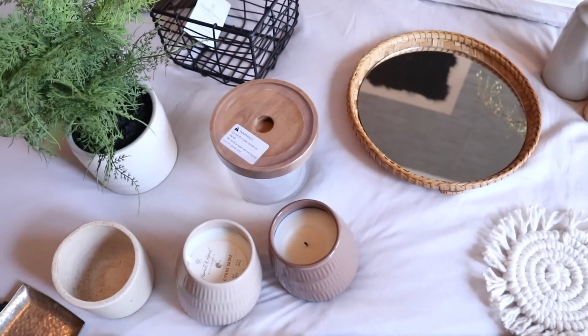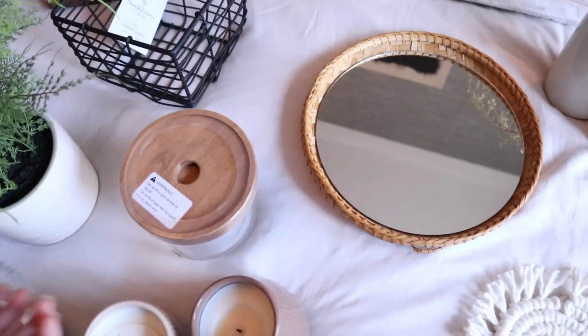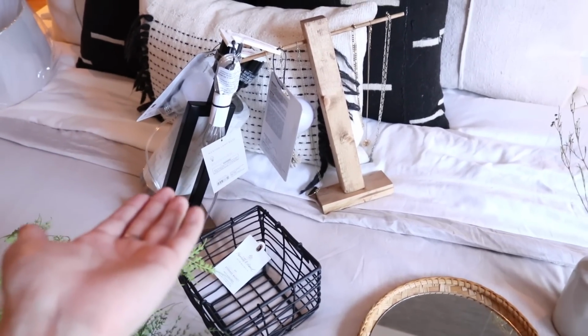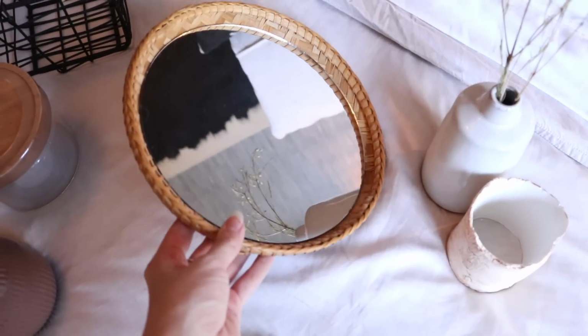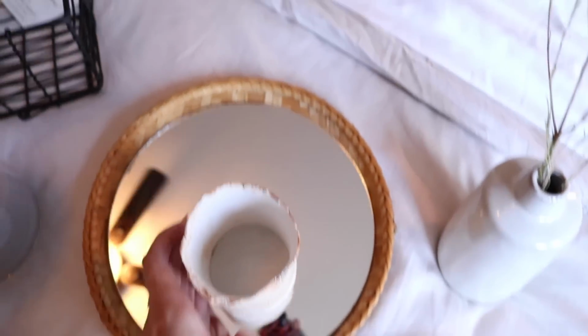And then I took a trip to Target before all this craziness happened and picked up some greenery and some baskets and such. I was originally thinking I wanted a lamp on here, but I definitely don't have room for a lamp. I think it's fine without it with my Glamcore light vase. This is the DIY that we made in the last video, and this one for makeup brushes,